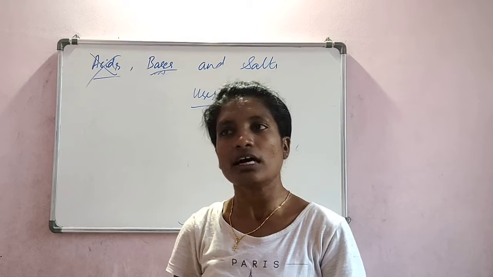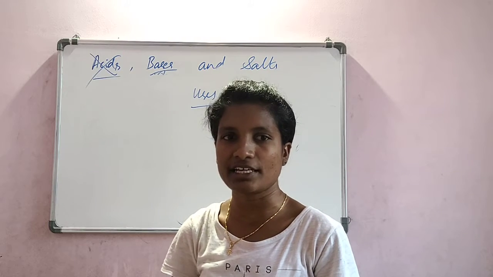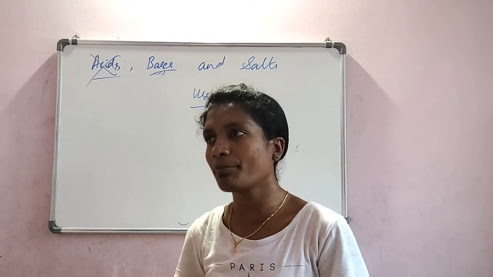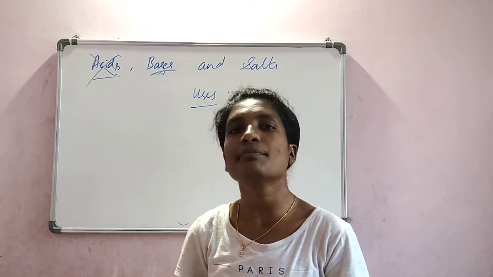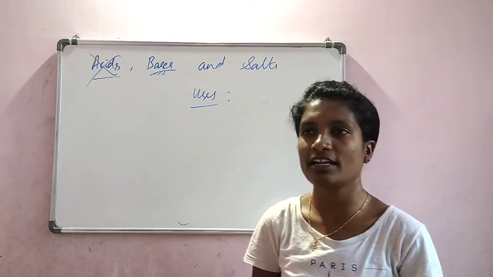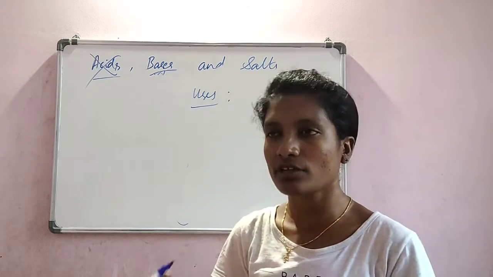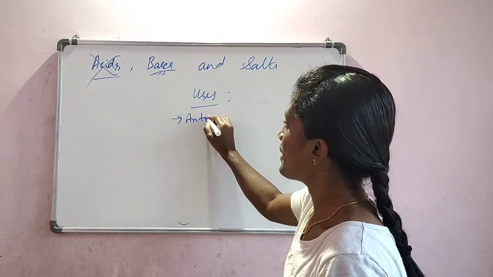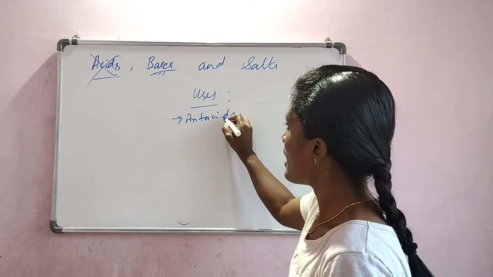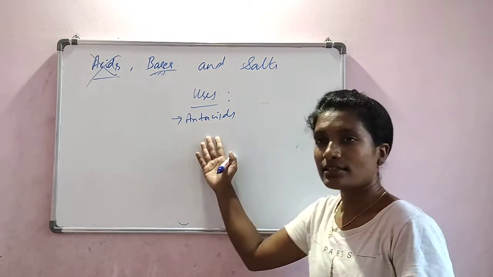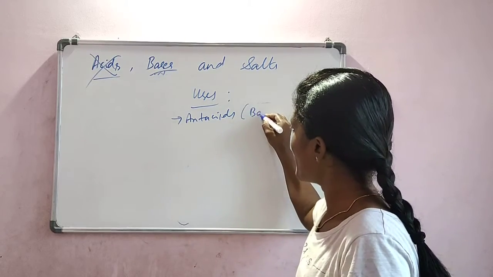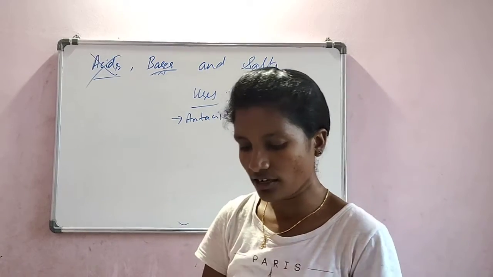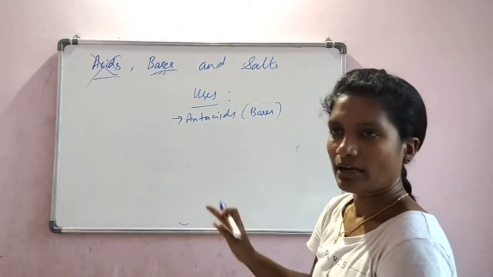Let us say a person is acidic or he feels acidity in his stomach. So what can we do? In the place of acid, if you put the base, they both get neutralized and the person feels relief. Correct? His pain will be relieved, his food will be digested, and he can continue with his activity. So bases are used in preparing antacids. Antacids are certain chemical substances, basically bases. Okay, they can neutralize the reaction of an acid. Fine. Okay, we'll come to this.